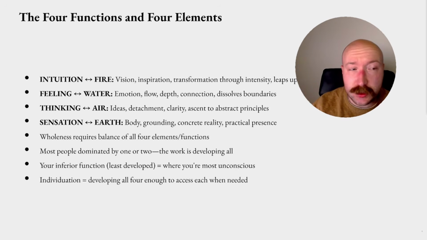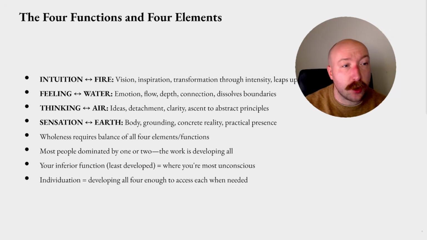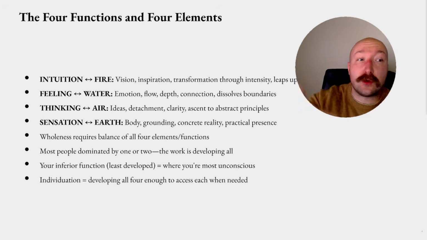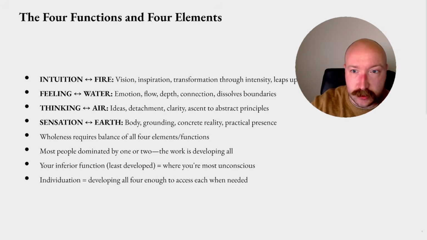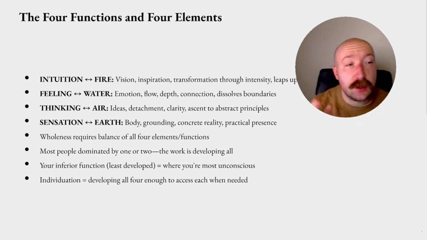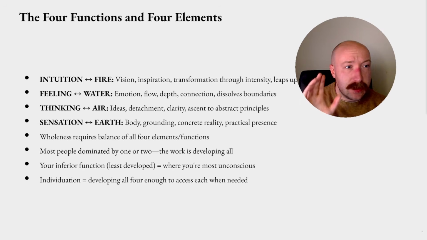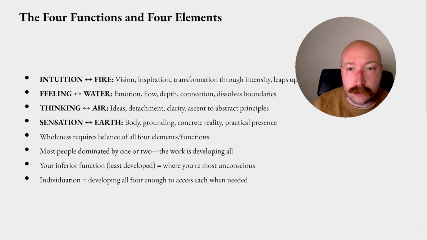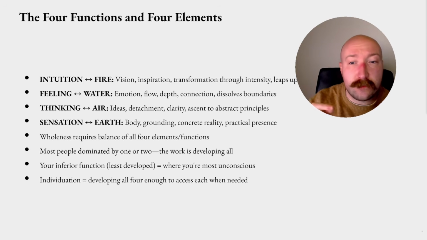So you have a dominant function, most developed and most comfortable, your go-to way of operating. You have an auxiliary function, second most developed, which supports the dominant. You have a tertiary function, less developed, which emerges in adulthood, and then an inferior function, least developed, largely unconscious, primitive when it emerges. You might begin to develop some insight into where each function fits. And here's the rule. Your dominant and inferior functions are always opposites. So if thinking is your dominant function, feeling is inferior. If sensation is dominant, intuition is inferior.